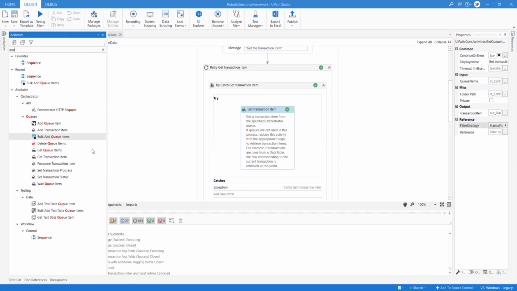So let's take an example. I'll create a new workflow. Before adding a queue item, use this Get Queue Items, passing the same reference number that you want to create. If it returns a queue item, that means that item is already there, right? So you have to skip that and move to the next.